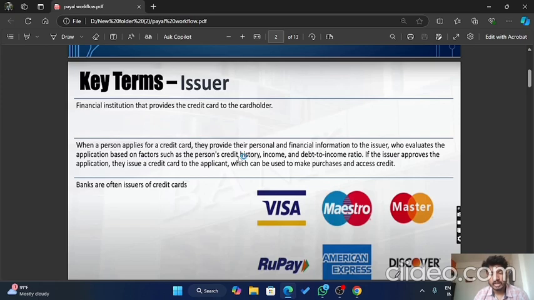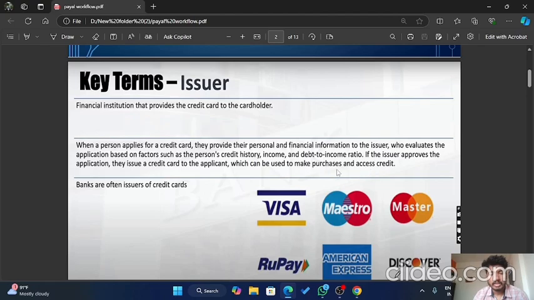If the issuer approves the application, they issue a credit card to the applicant, which can be used to make purchases and